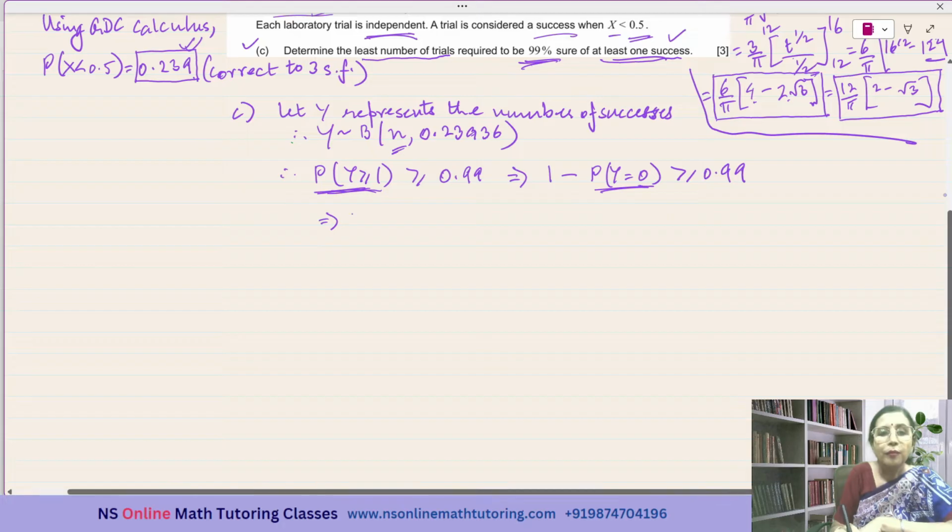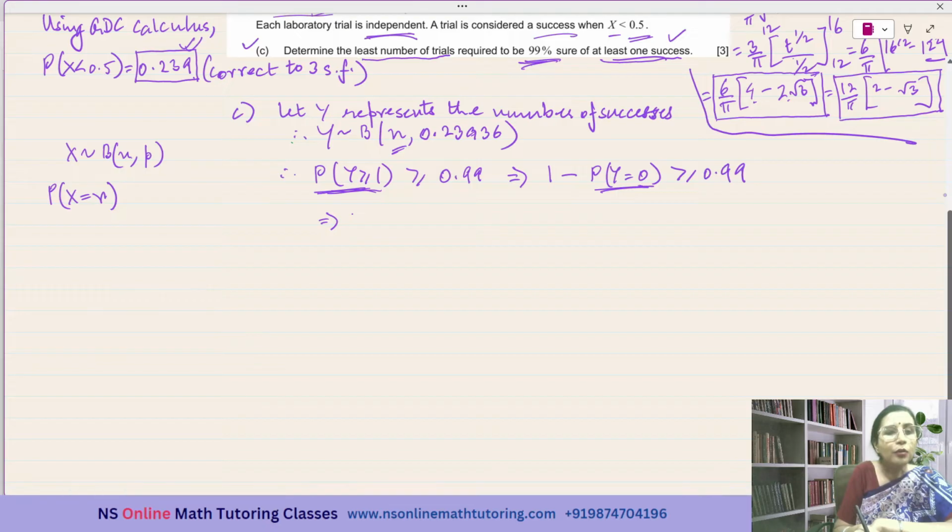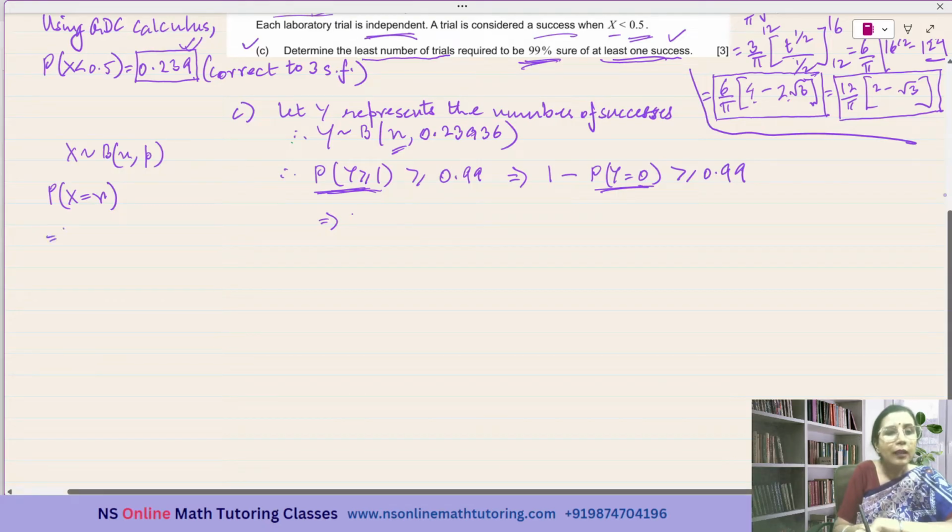So if X is a binomial distribution variable, n is the number of trials and p is the probability of success, then the probability of getting X equal to r, that means the probability of having r successes, is given by nCr, and the probability of success is p, so p to the power of r, and the probability of failure will be 1